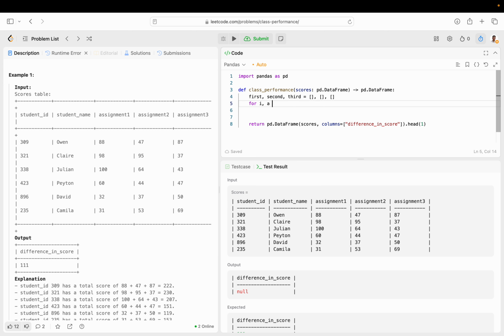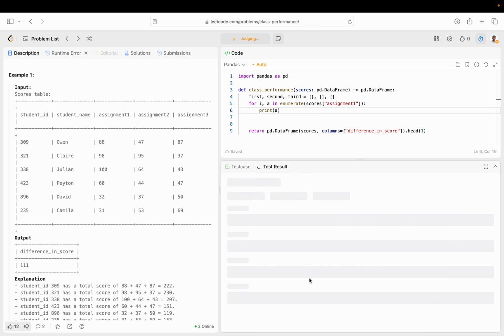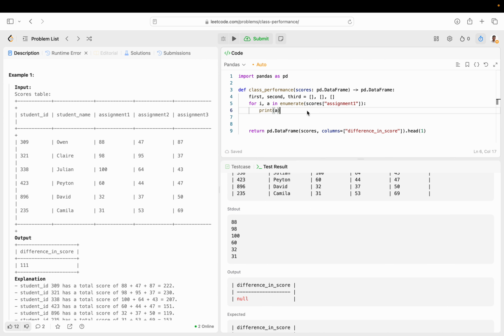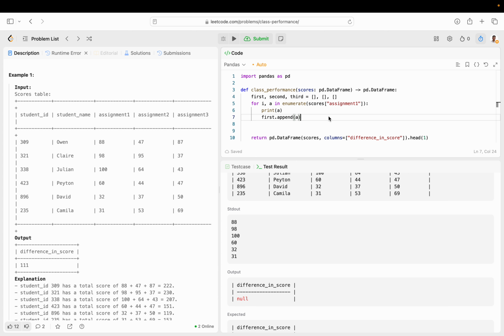So for i, a in enumerate scores assignment 1, let's just print a to see what we need. Okay, so now again that gives you just this. So first.append(a), and then let's do the same thing for second, assignment 2,